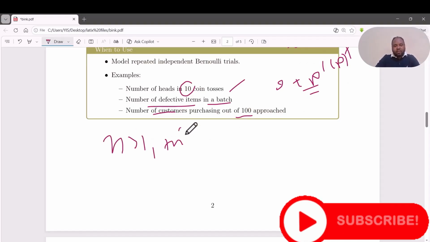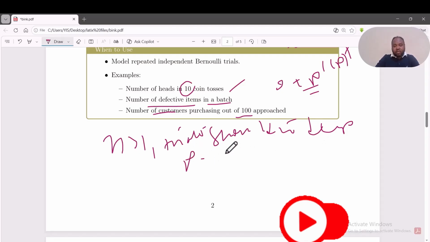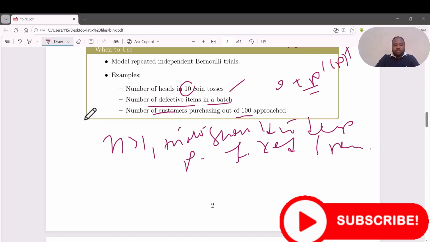These trials should be independent, right? Independent. This n trial should be independent. p should remain constant or fixed from trial to trial. Under this assumption,